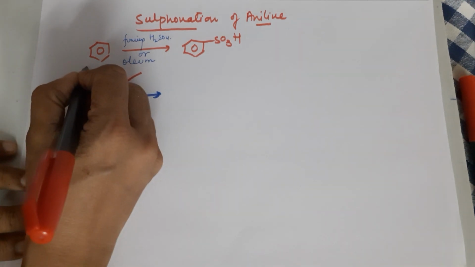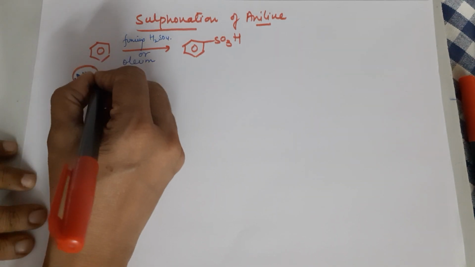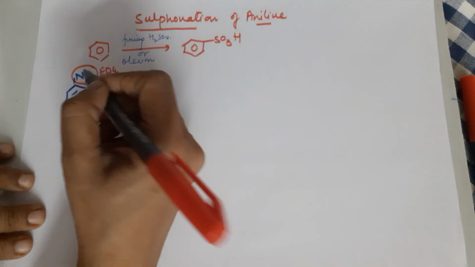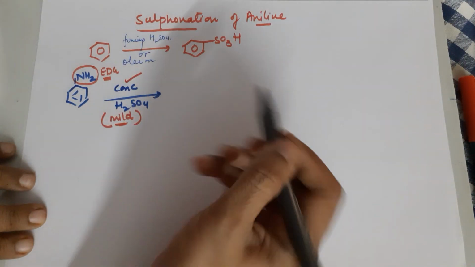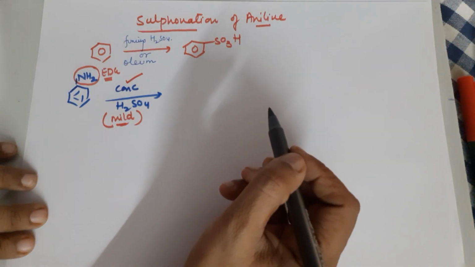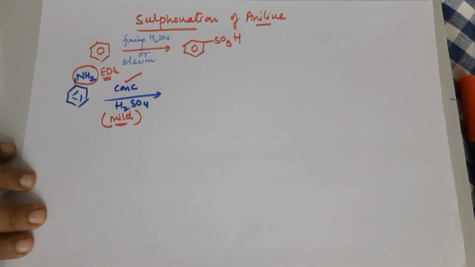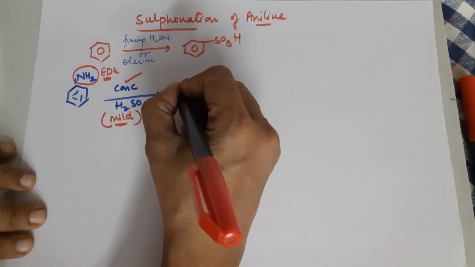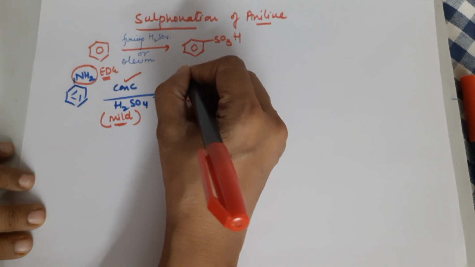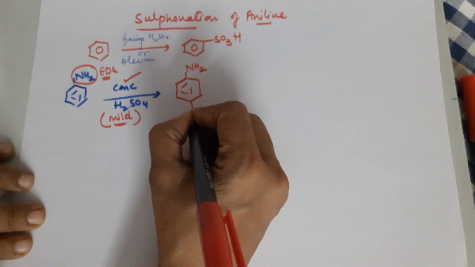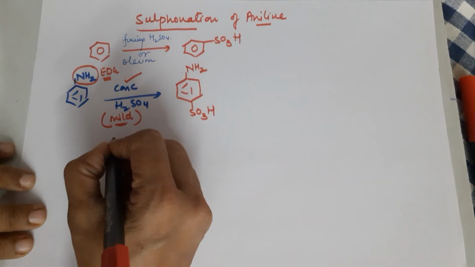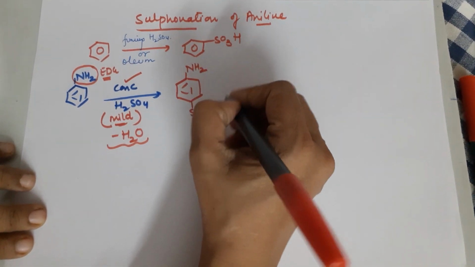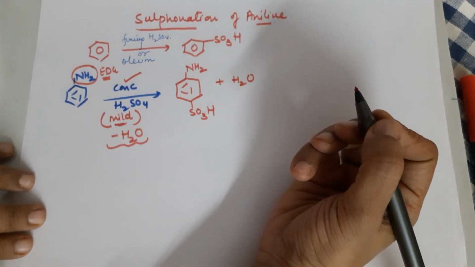क्यों चल जाता है काम? क्योंकि this is a electron donating group which is an activating group, तो reaction को fast कर देता है. तो अगर condition mild भी हो तो भी no issues. Now moving ahead, this further leads to the formation of sulfonation at the para position. तो sulfonic acid जब बनेगा तो NH2 is a ortho para directing group, तो your sulfonic acid forms here. Concentrated sulfuric acid क्या करता है? Water का loss भी करवाता है. So इस reaction में you also have a loss of water as the product.